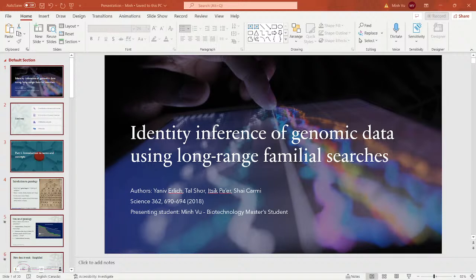So how does it work? How does it work actually? So the paper is dealing with commercial utilization of DNA testing and familial searches. So how does it work from a simplified point of view? Now we have a few parties over here. We got the genotyping service provider, also known as the DTC. Here I put 23andMe, which is the largest company in this field, as an example. We have the customer, which is us.